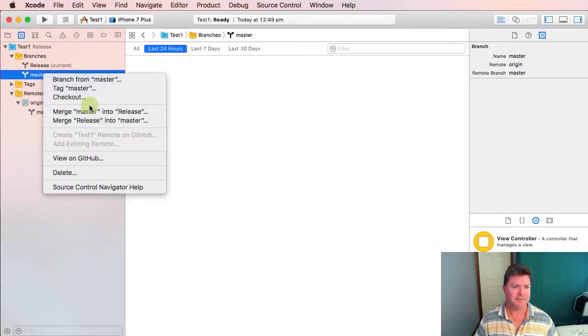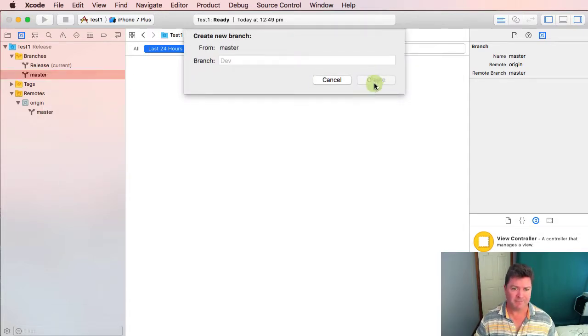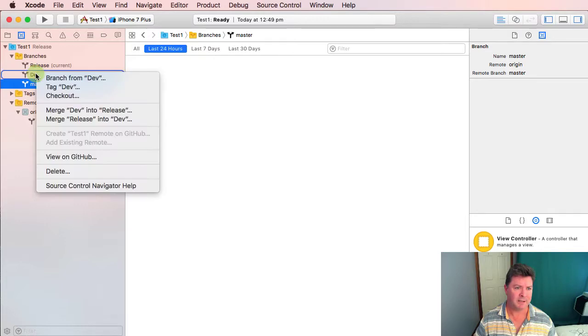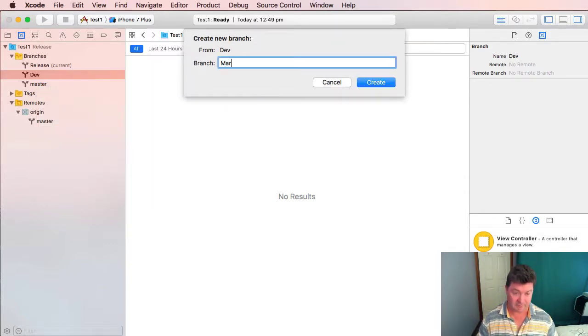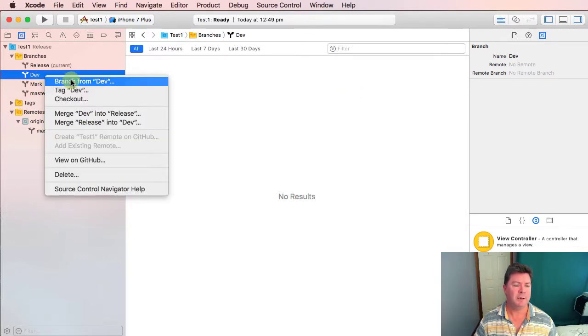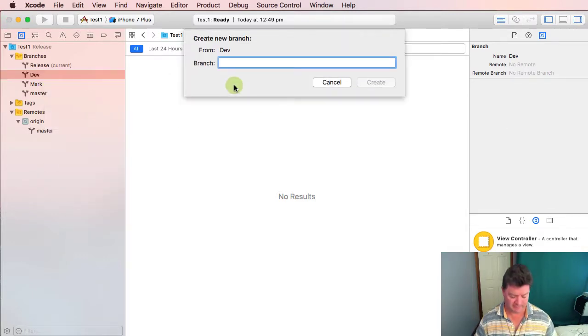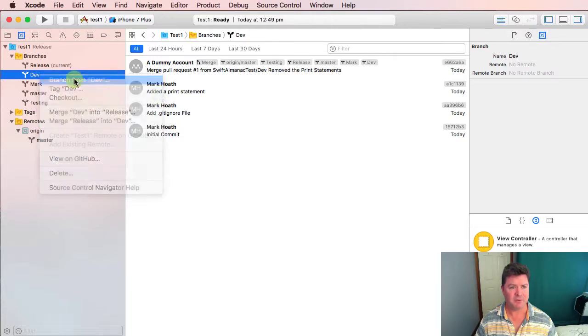You could have a separate branch for development, and even off development, you can have a branch for each developer. And branching off dev, you could also have testing. And branching off dev, you could also have